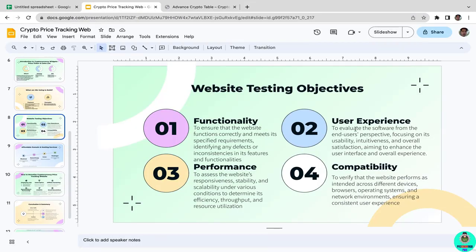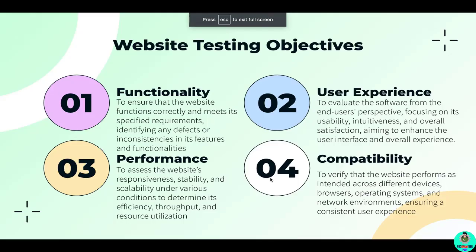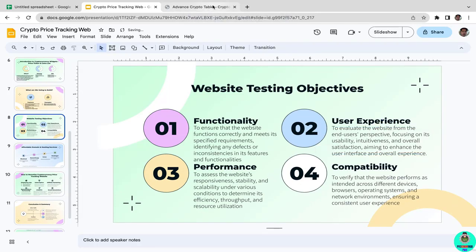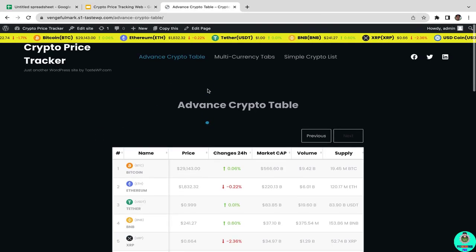And the second one here is user experience. So the objective of this testing is to evaluate this website from the end user perspective, focusing on its usability and intuitiveness and overall satisfactions, aiming to enhance the user interface and overall experience. All right, I'm going to change this, not software, it's supposed to be website. Really apologize. So when you're opening these websites and you try to position yourself as the user of these websites,